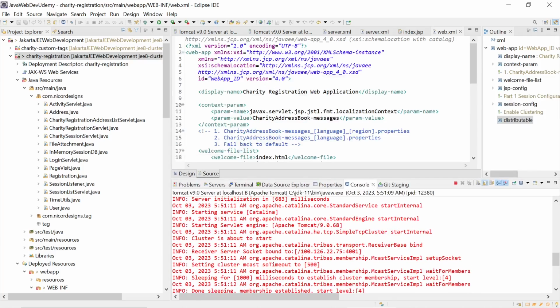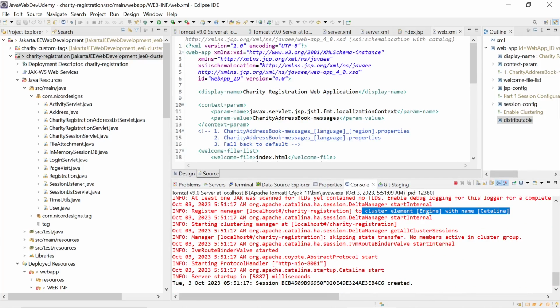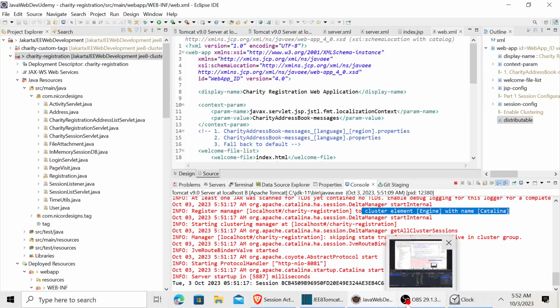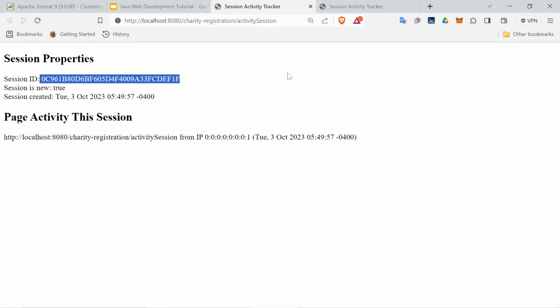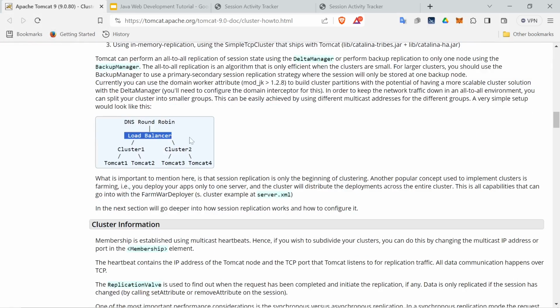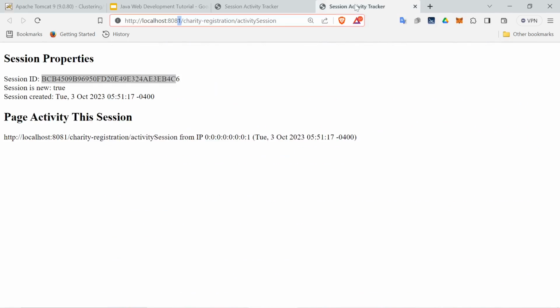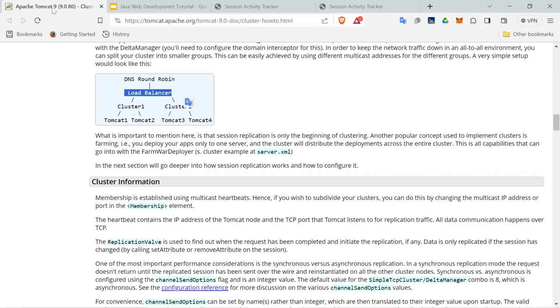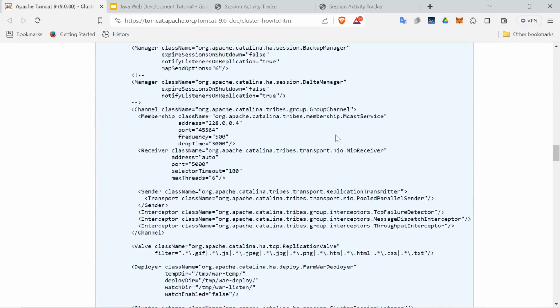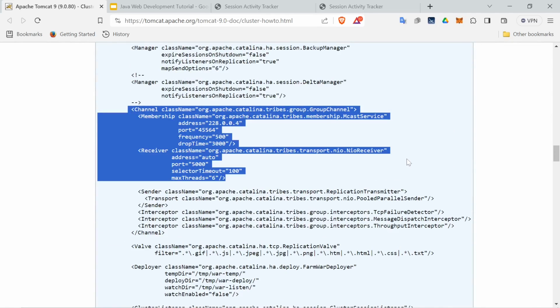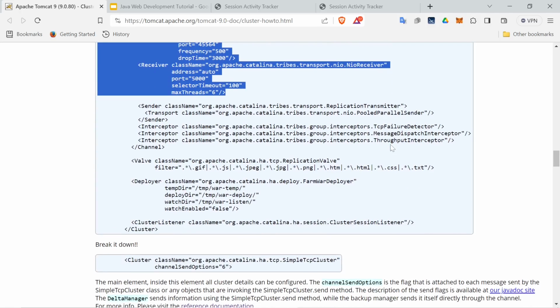Now, obviously, if we go back to our official Tomcat documentation, if we really want to engage the cluster, we are going to have to put in something called a load balancer. The load balancer will have a single entry point, and then behind the scenes decide which Tomcat server it goes to. And as we see here, there's a lot more detailed configuration that needs to be done